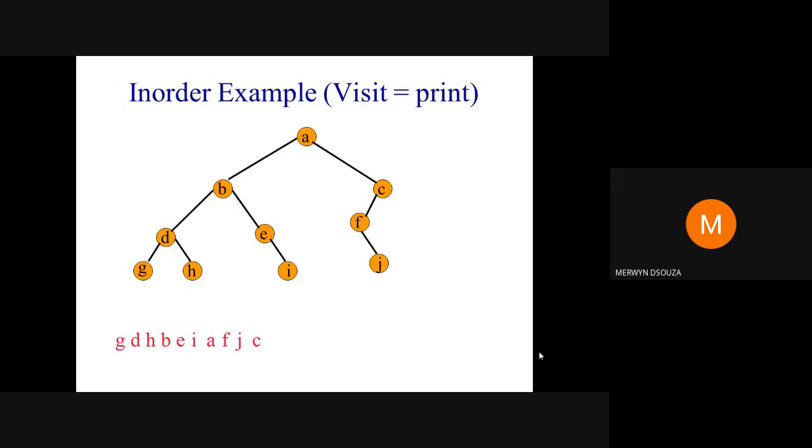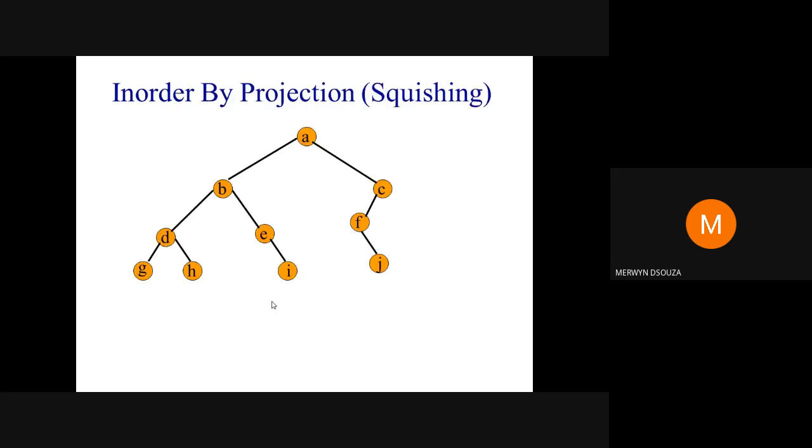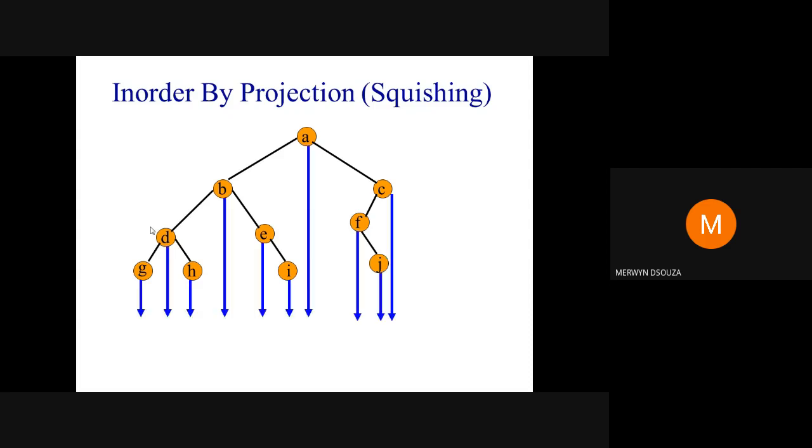So there's one shortcut method for only in order traversals. Okay. Now in the exams, you can do this, but just look at the marks. Okay. So the shortcut method only for in order traversals is by doing projections. Okay. So when you just project in like this, like how it is shown here, then you will get the same answer that you have done in the previous slide. Okay. But you need to do the projections in proper order.